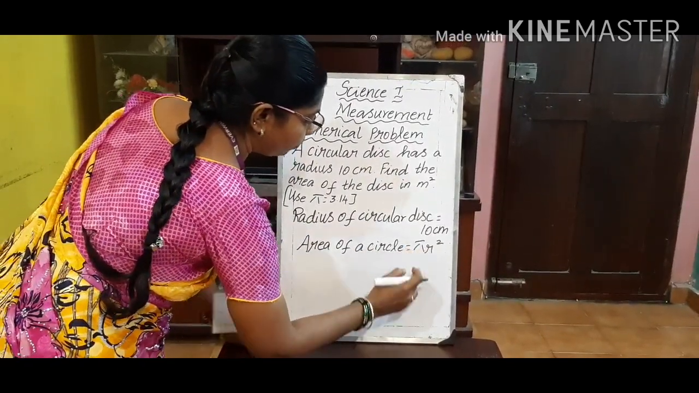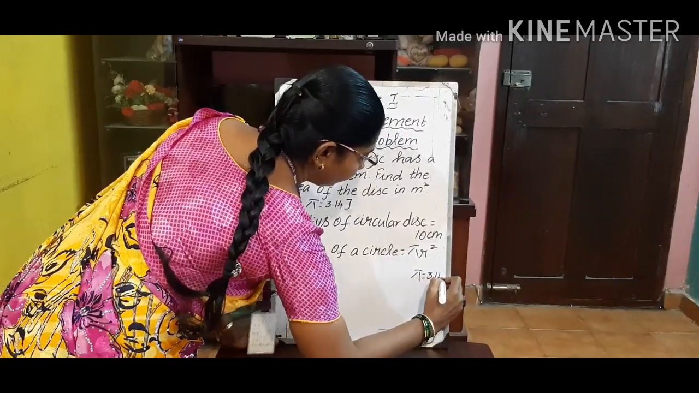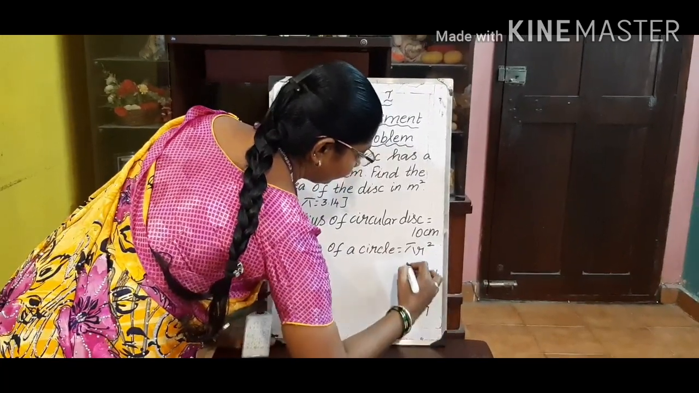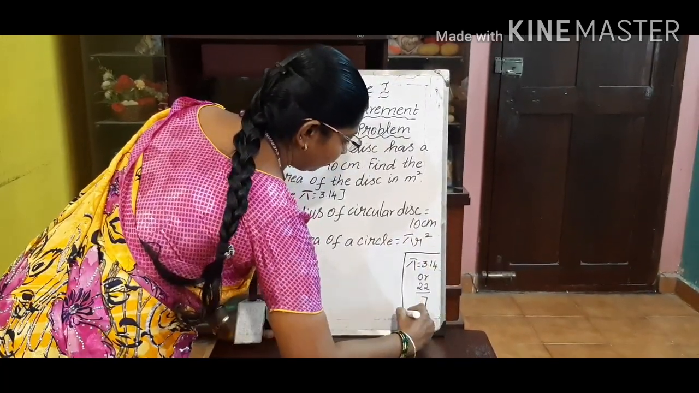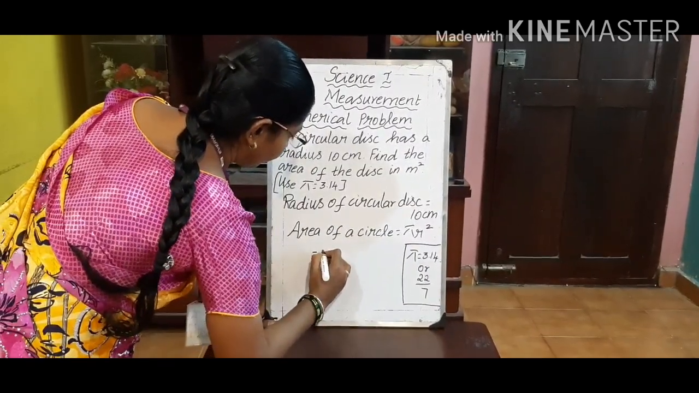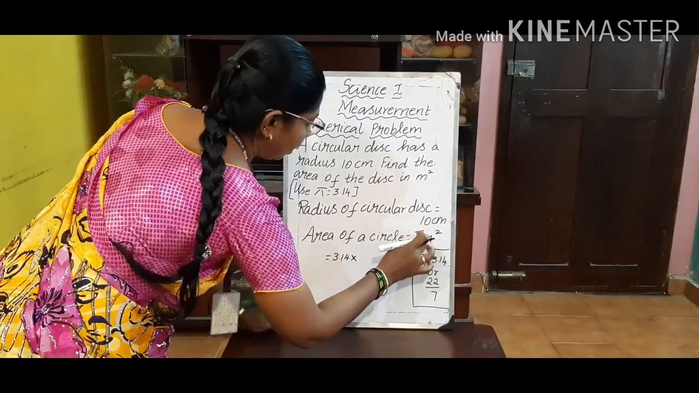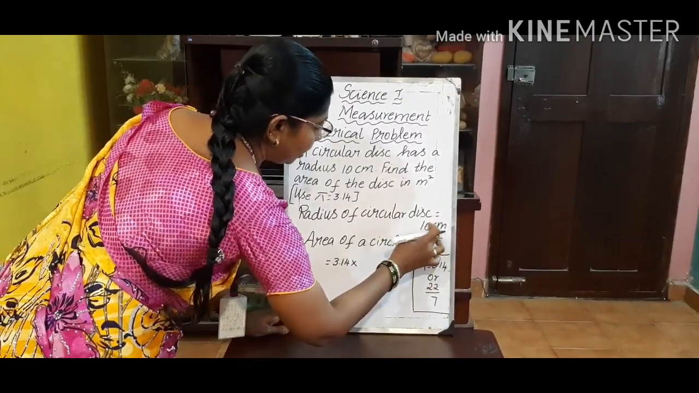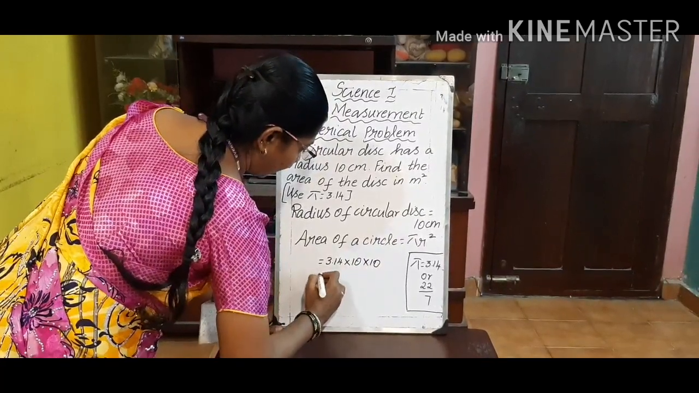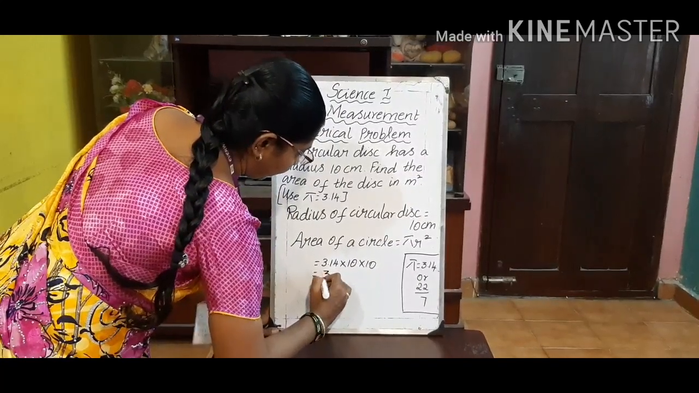What is the value of pi? Value of pi is 3.14, or you can write 22/7. So this is the value of pi. So now we will substitute this. 3.14 into 10 r square. So radius r into r, 10 into 10. So when you multiply 3.14 into 10 into 10, you will be getting